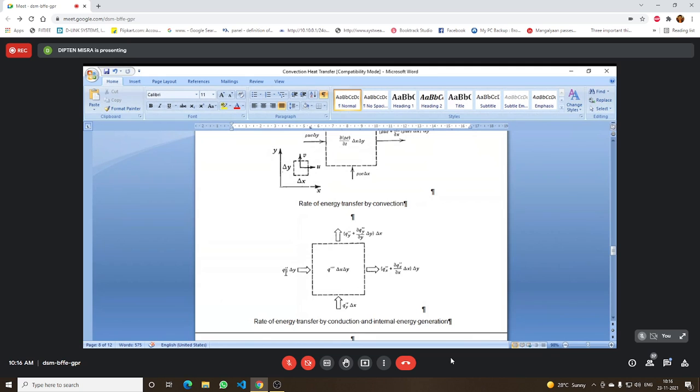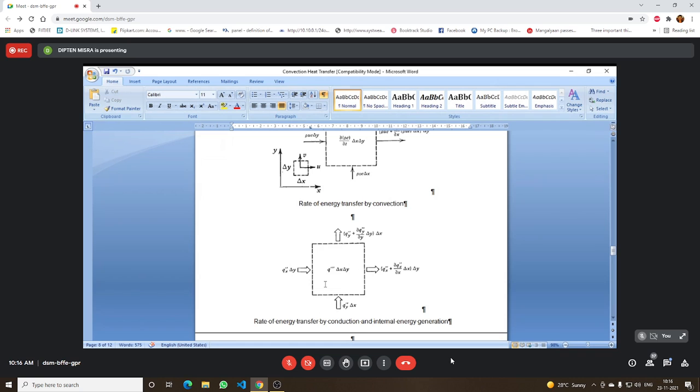So the conductive heat flux entering through this face is Qx double prime. This double prime indicates per unit area, just as Q triple prime indicates the heat generation term per unit volume. So multiply this with the volume, that is delta x delta y into 1, and that is the total rate of heat generation